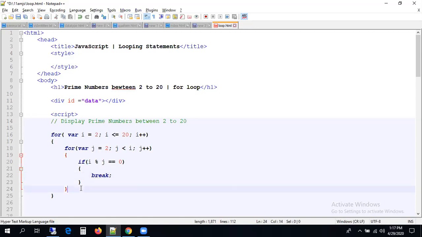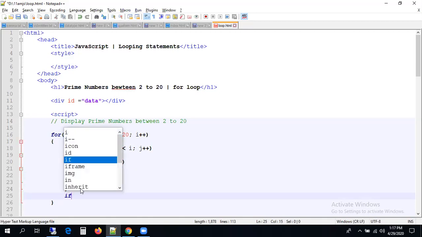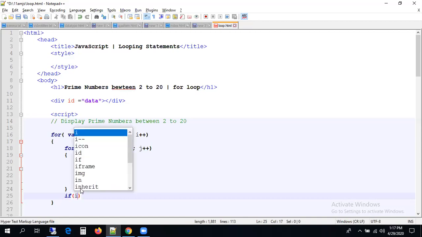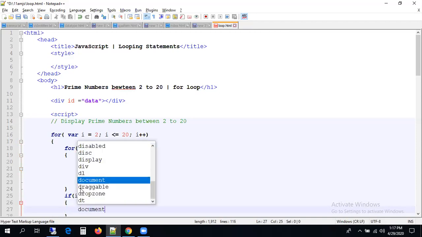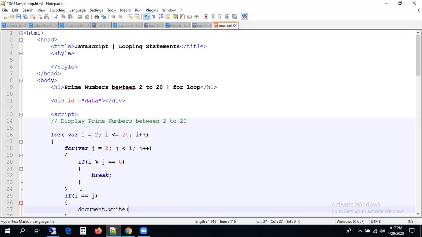We are breaking. Now I want to write one small condition after the inner loop. I want to write i equal to j. I'm comparing the outer loop value and the inner loop value, and let me print any one of the variables. You can print i or j, any variable. I'm just printing the value of i, or you can print the j value also. Anyhow, they have to be equal, right? When they are equal, you can print either one, no problem. Just let me print it.